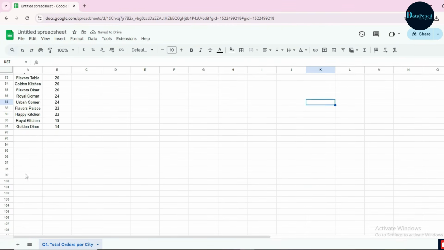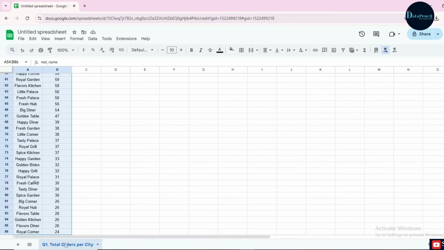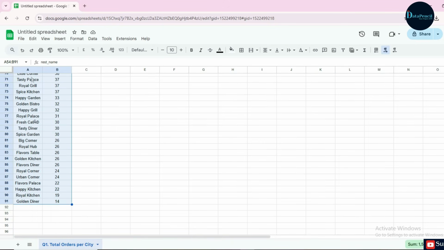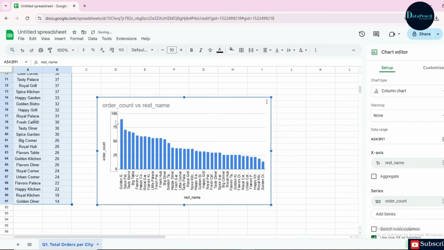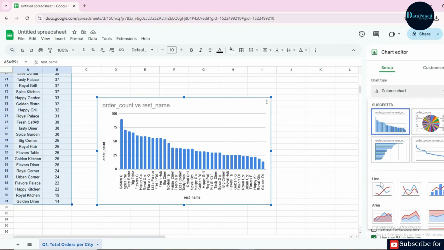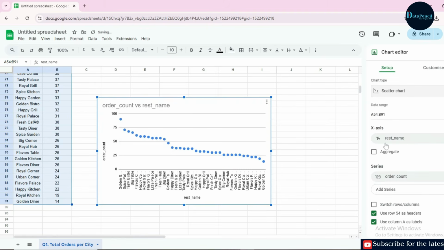We have to click over this chart, single click, and then download chart PNG, and it gets downloaded now. Now it's time to make the chart for the last table. So let's select all the rows firstly, and then we will click over this insert, and then here it is chart. After clicking over the chart, a bar chart appeared. Now I don't want to create a bar chart. I am going to select the scatter chart this time. Okay, so let's make it scattered.